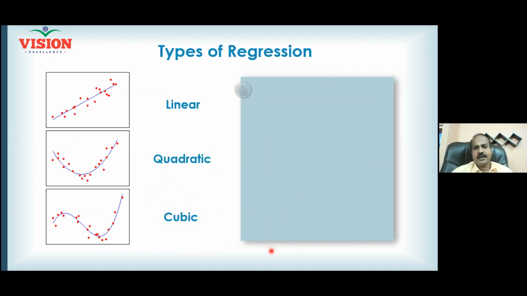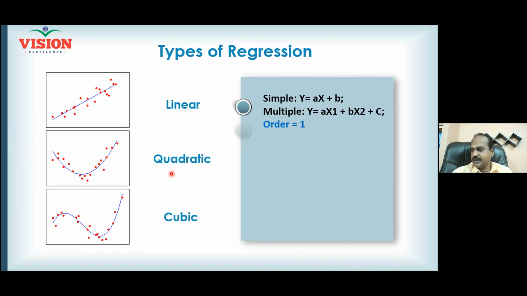That is the idea. And now your regression can be linear regression. Linear means its equation will be like this: y equal to mx plus c. It can be a simple linear regression or multiple linear regression. Sometimes your scatter may give you this kind of relationship. Is it linear? Not linear. This is called curvilinear, or you call it quadratic. And so your equation will have the x squared term.